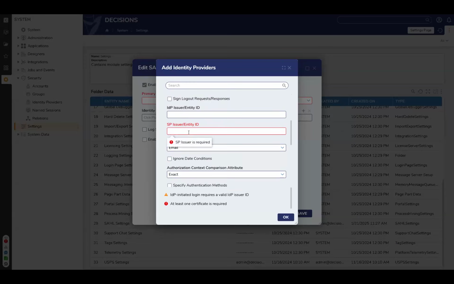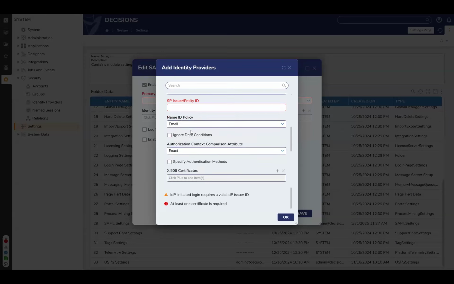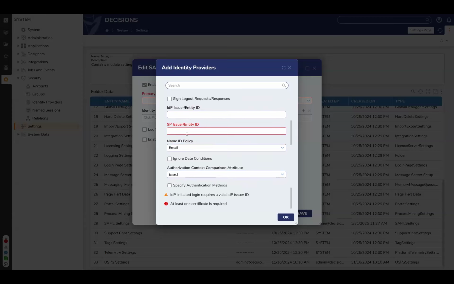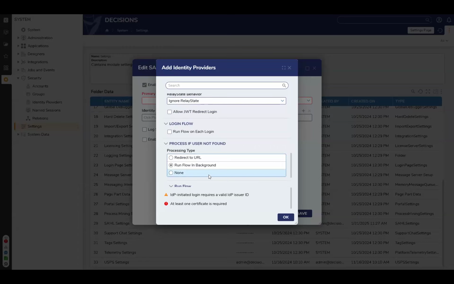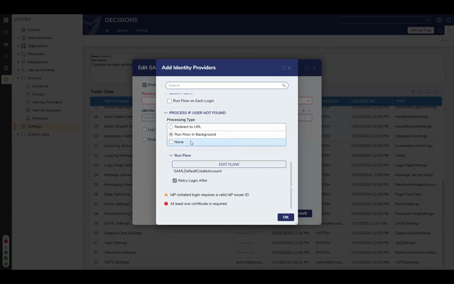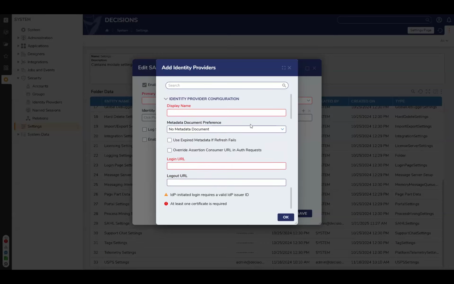You have to provide the entity ID, which again, I'm not going to go into the details of, because that is more provided by whatever your external user is, not from Decisions itself. Though I do believe Decisions has its own documentation if you were to use that. You have to specify an X509 certificate to make sure you can authenticate this way. You have to authenticate with the authentication method, that's how that works. But yeah, that is the basic premise of how you set this up.